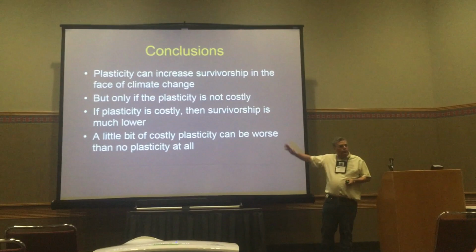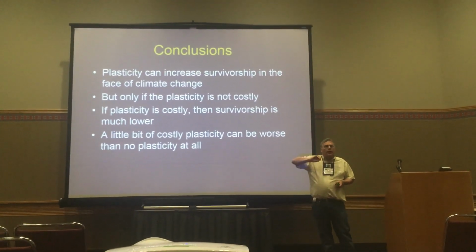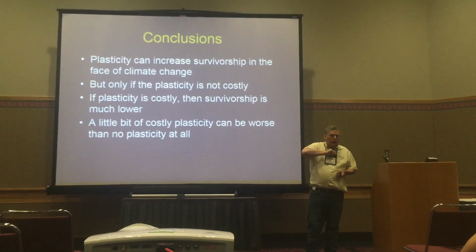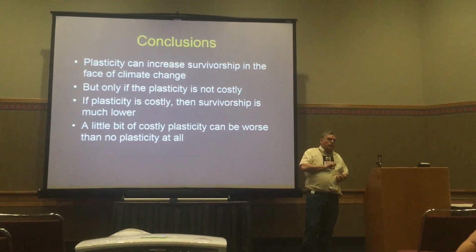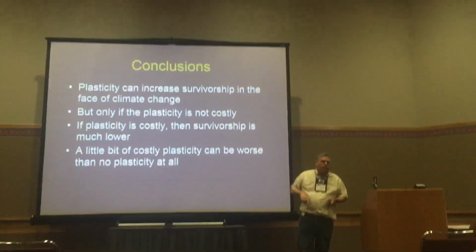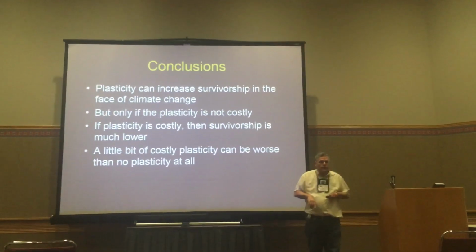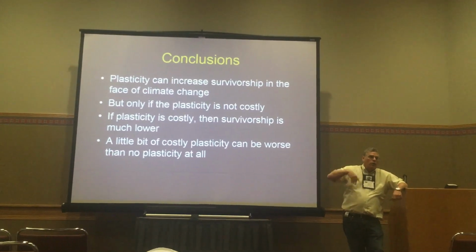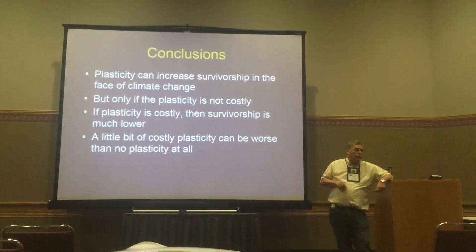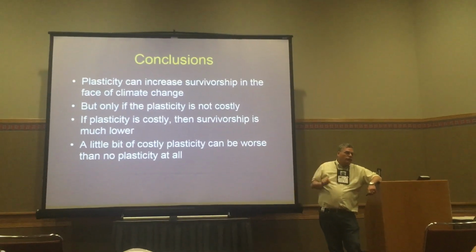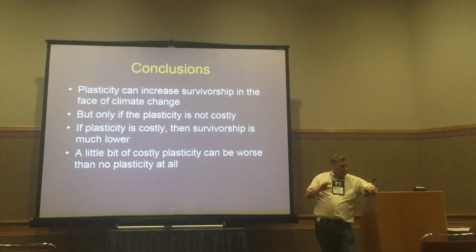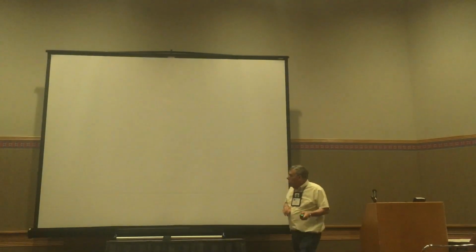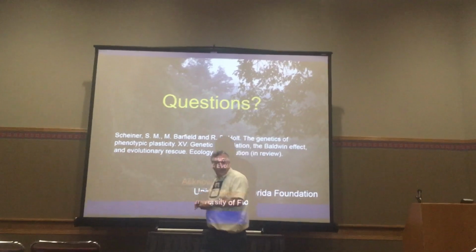And in terms of the future, we're going to go with this. And this was with the simplest sort of change, right? A simple directional change through time. Obviously, much more complex patterns, as we've seen in some of the talks this morning, are much more realistic, where there's variability around that mean drift, and that may change this trade-off between cost and benefit of plasticity. So, with that, are there questions?